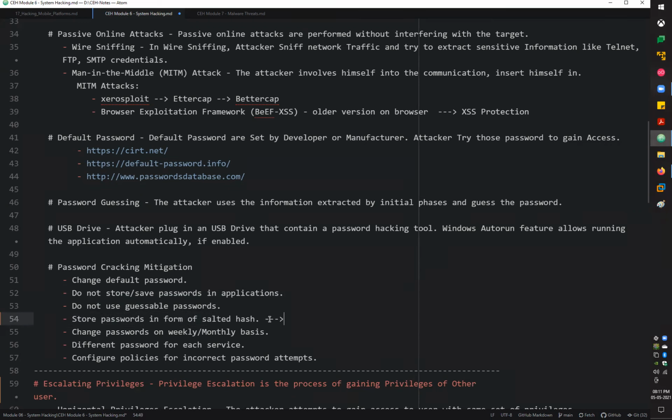Let's say when we create our account, we provide our username and password. Let's say I was using a password like 1 2 3 4 5 6 7 8 9 and 0. Suppose this is my password. What my server will do is store the hash value for that password, but it will not create